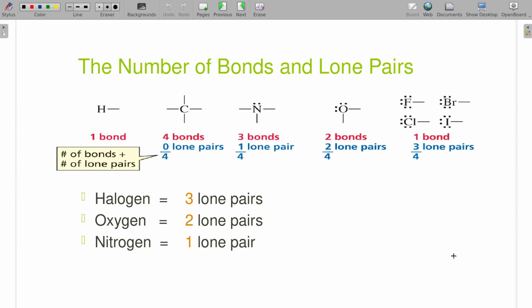Now, something that does come in handy for organic chemistry, especially in our Lewis structures, is the fact that almost everything behaves a lot like these guys, in the sense that there are going to be 4 groups bonded to each atom. Hydrogen only going to have 1 bond or a pair of electrons, but all the others, carbon likes to make 4 bonds, nitrogen likes to make 3 bonds and 1 pair of electrons, oxygen likes to make 2 bonds and 2 pairs of electrons, halogens like to make 1 bond and have 3 pairs of lone electrons. Well, this always adds up to 4. If we double that, it's 8.